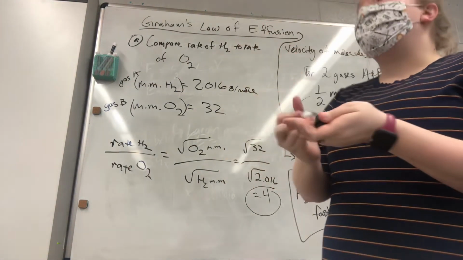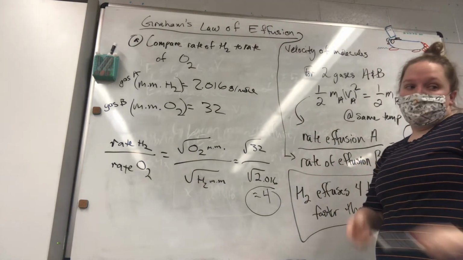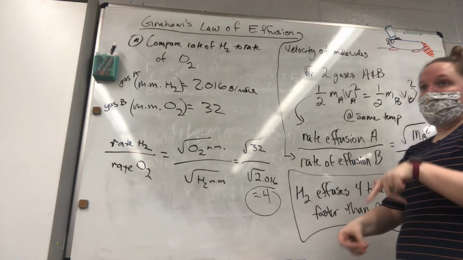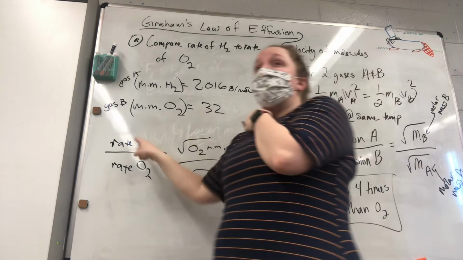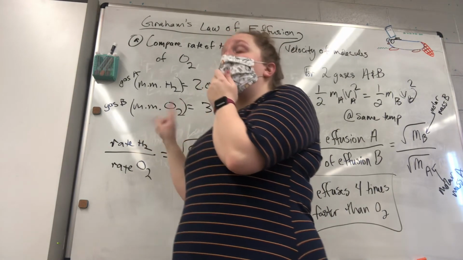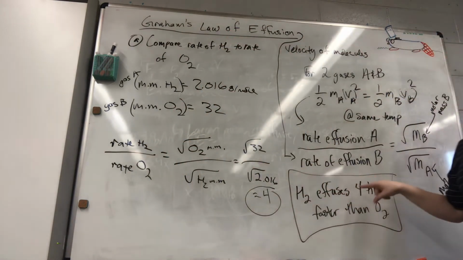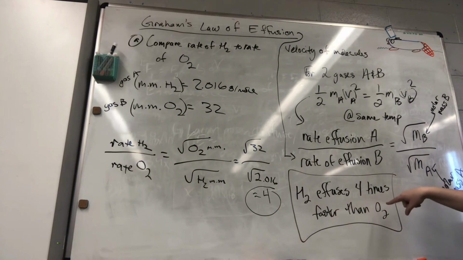All right, that is the end. Yes? Do we know that the H2 diffuses faster because it's a smaller molar mass? We also could have said that, yes. We could have predicted that H2 would move faster because it's so much smaller, right? But we proved exactly how much faster it would move using this formula. Does that make sense? What other questions? We good? Okay.